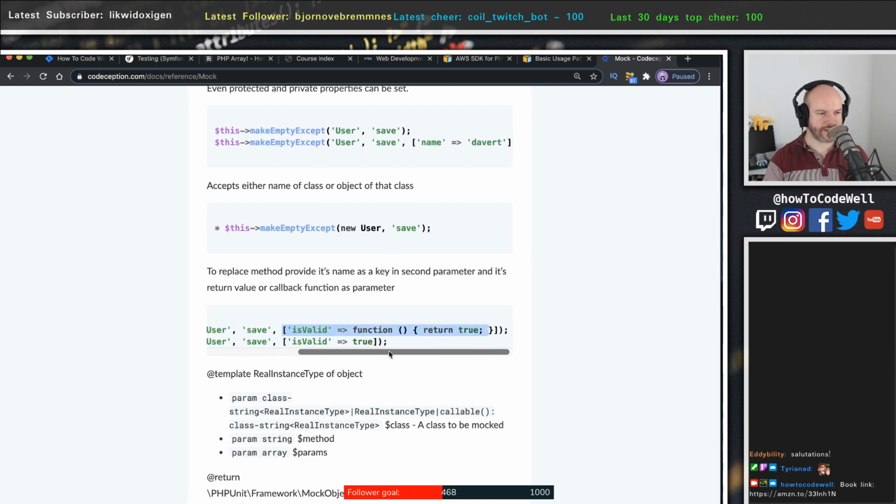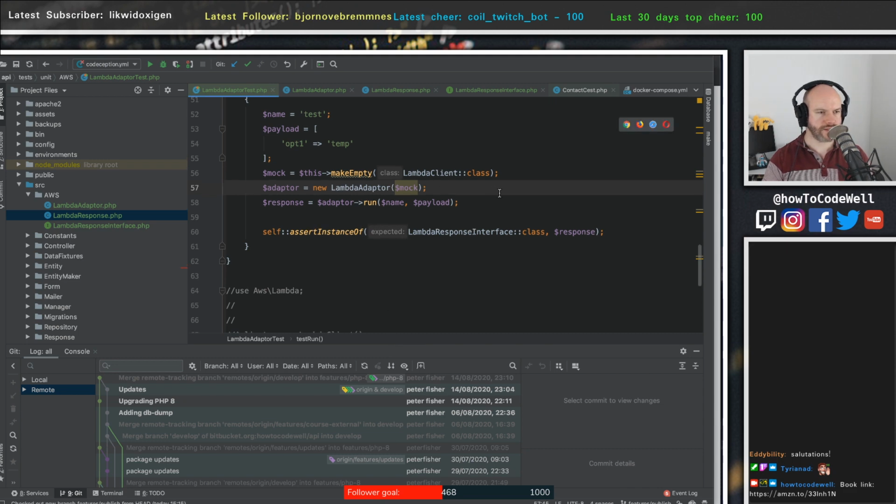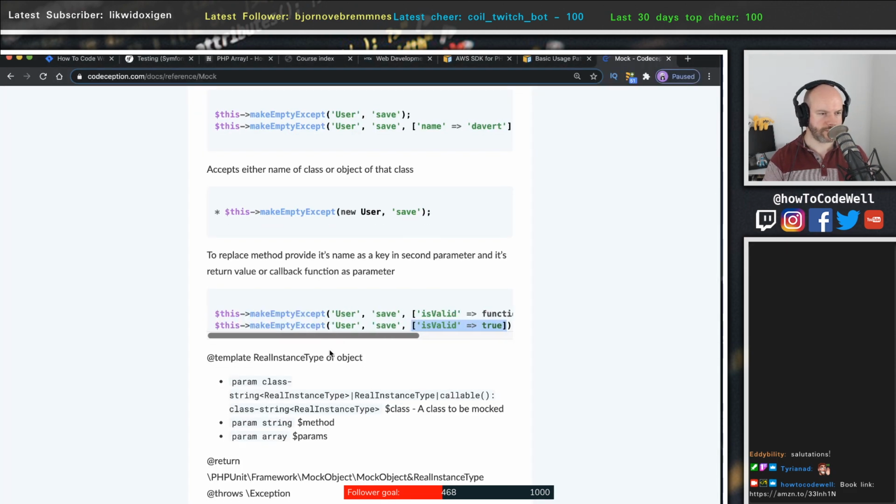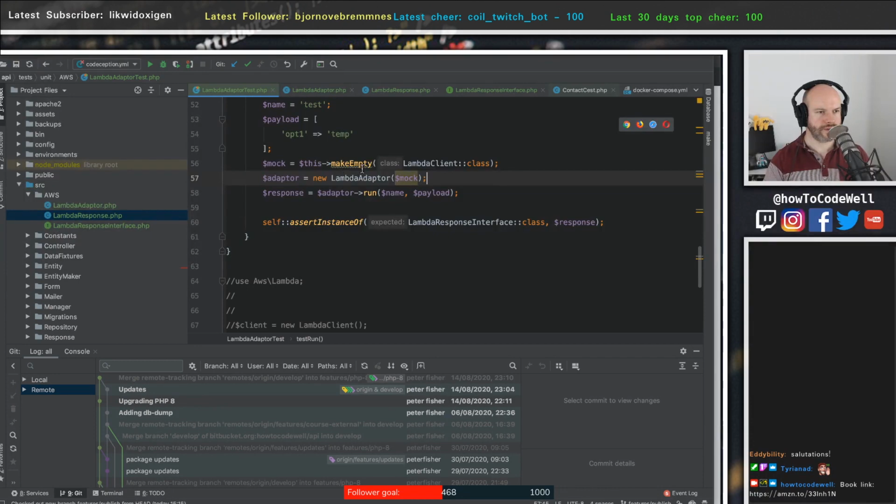I think that does the same thing. So, okay, I think in this case this is still make empty, right? Make empty except. Make empty except. So we pass in an array